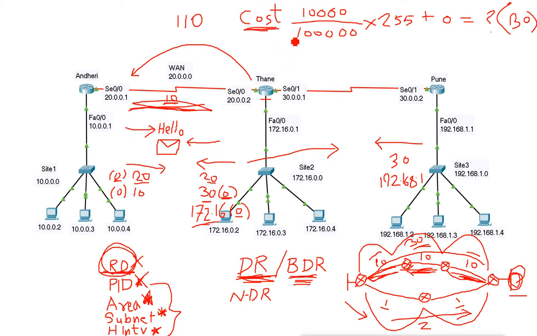But it depends on the speed. It is not like money. It is not talking about money. It is talking about the speed it gets. So less cost means very good, and that is why it says cost here. Less cost means the path is good, and after checking all the path costs, it will take the best path into the routing table, and the routing table is created.